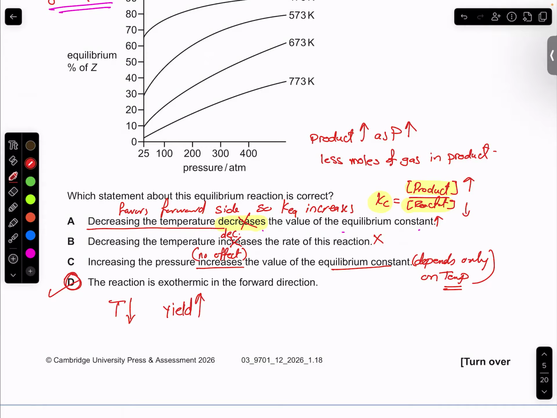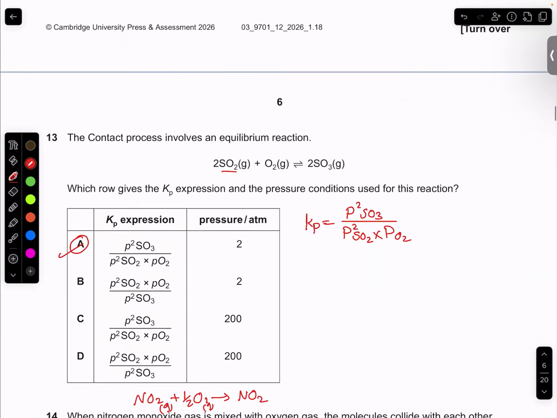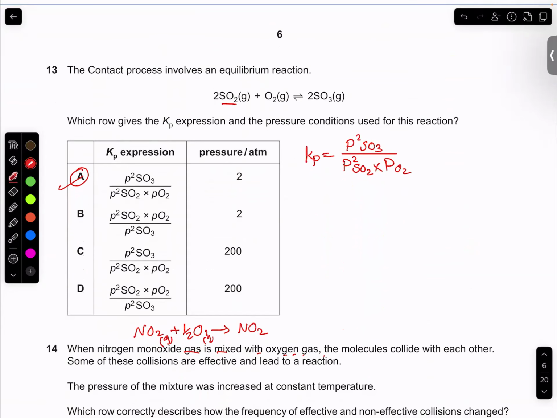So the forward reaction is exothermic. Question 13: the contact process involves the equilibrium reaction. This is the contact process. Which row gives the Kp expression and the pressure conditions used for this reaction? You know that here, if you want to calculate Kp